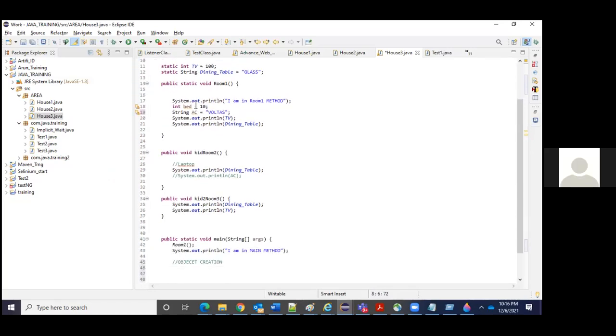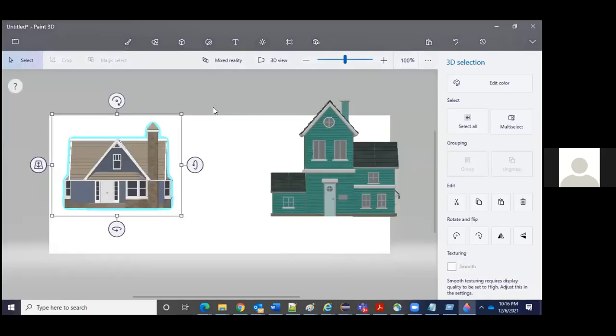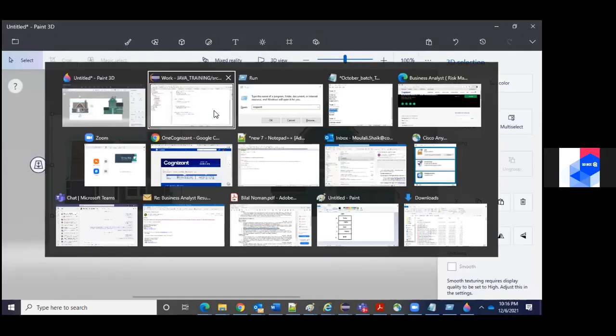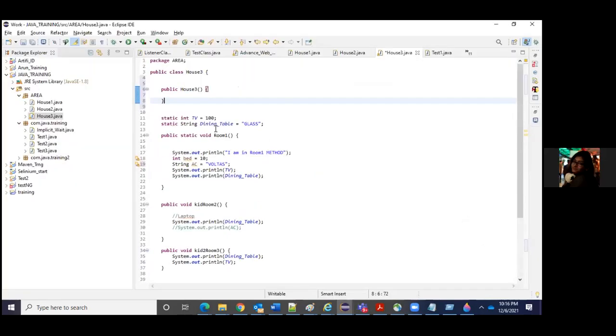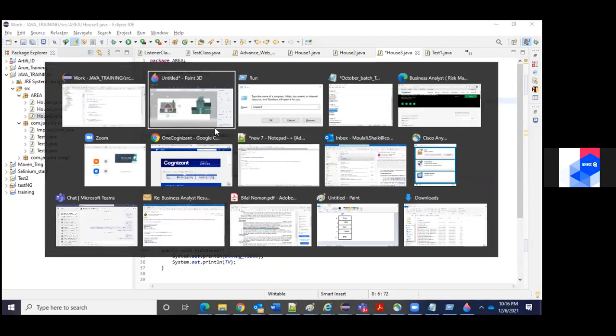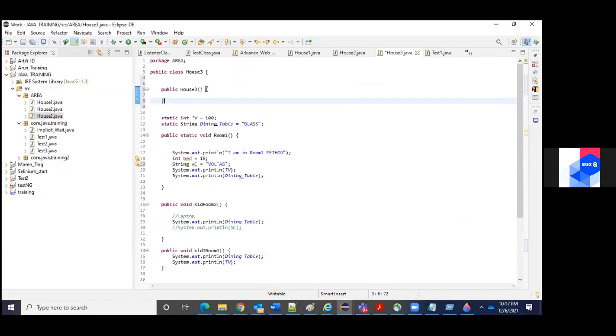Now, any questions on this constructor from anyone? If you did not understand anything or if you are confused about anything, let me know, so we'll put it another way so that people can understand. Any questions? Anyone? Manjunath? If you have any confusion, let me know so that we'll discuss and clarify that.